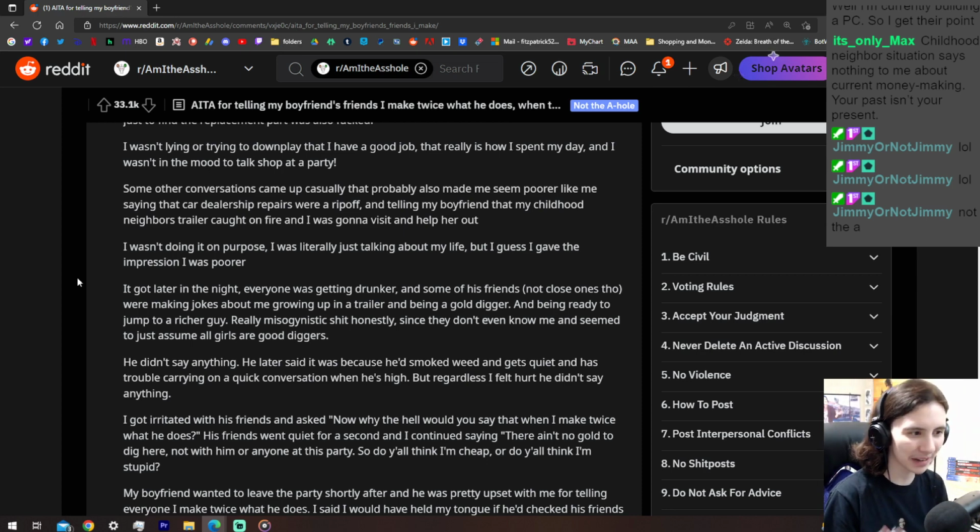A desk job in an office generally pays more than hard labor jobs like retail or Amazon or stuff like that. And it would be really misogynistic to assume that just because Max is smaller and more feminine, that Max makes less money. That wouldn't make any fucking sense and would be very much wrong. And I wouldn't be mad at anyone for standing up for themselves, for being like, you think I'm gold digging from this poor hoe over here?